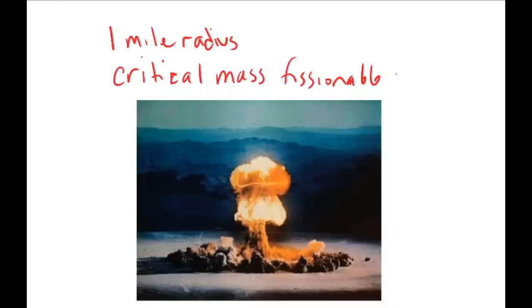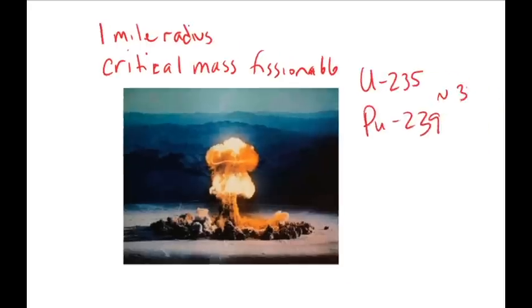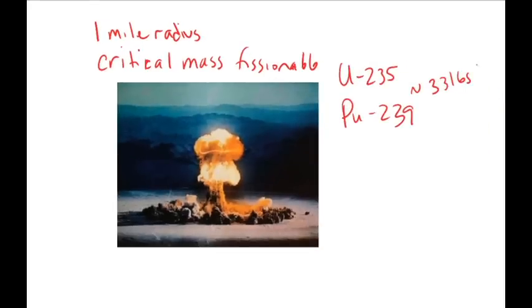The two common fissionable materials used in fission nuclear bombs are uranium-235 and plutonium-239. And you need about 33 pounds of this fuel to come together in one place very quickly at one time. If that occurs, then there are enough neutrons being given off by that fuel to sustain what we call an out of control